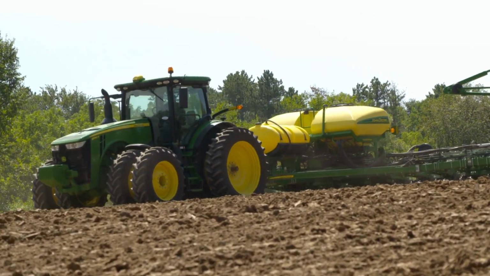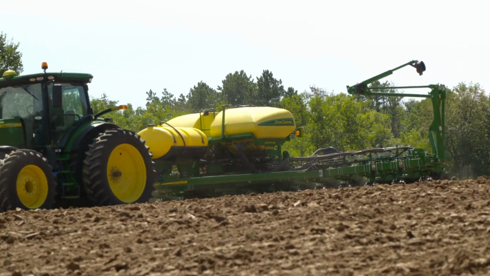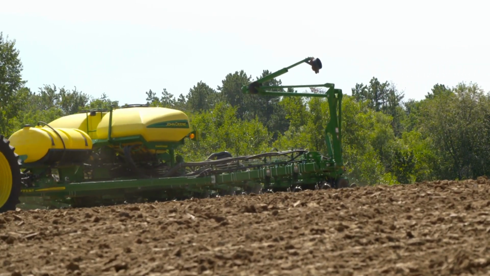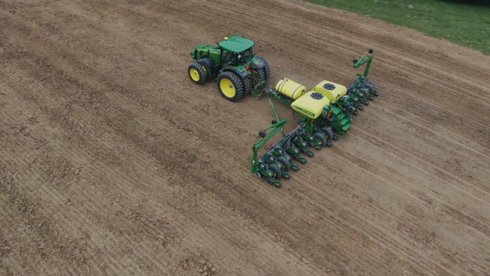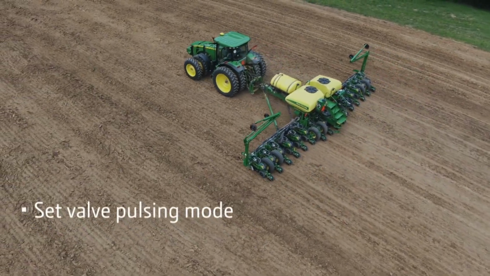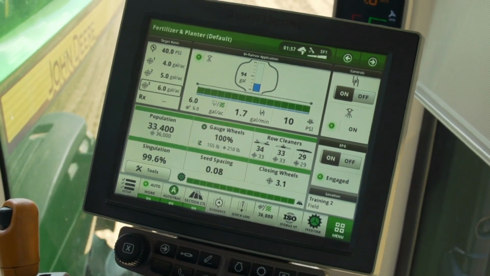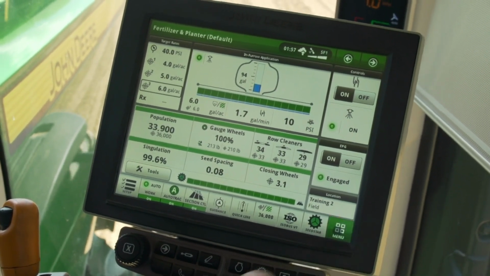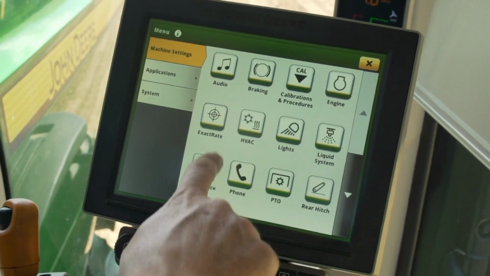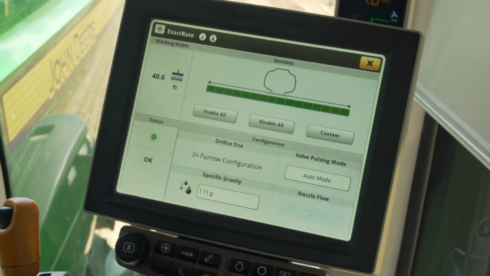ExactRate liquid fertilizer systems can run a large variety of fertilizers and rates. In this video, I will show you how to set the valve pulsing mode on the display. On the display, open the ExactRate app by opening the menu, choose the Machine Settings tab, and press the ExactRate